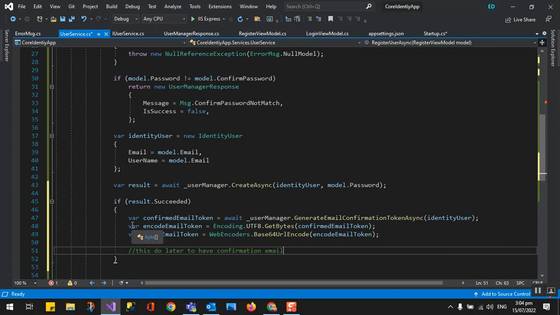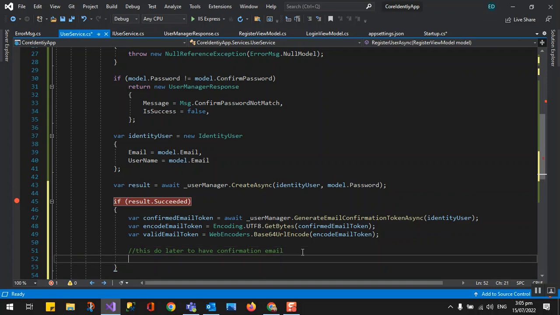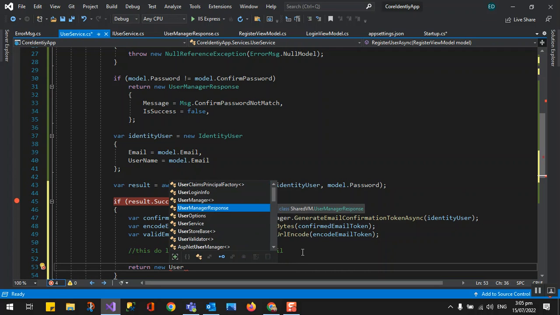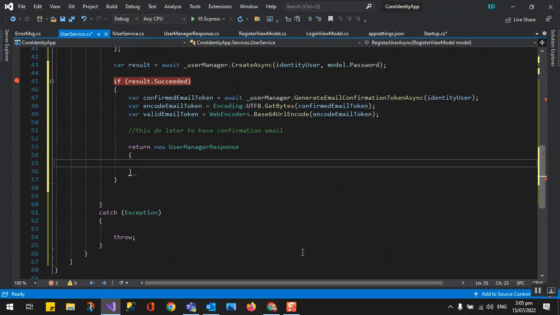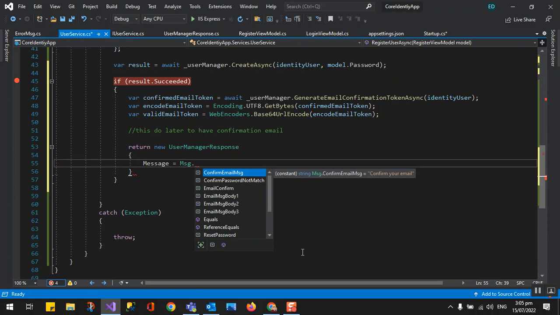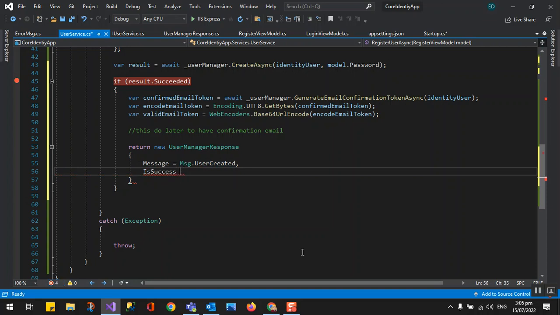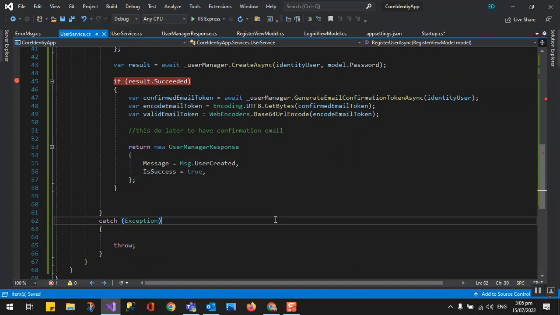Okay, so we just click it here, then it all goes good. So we need to return the user manager response with the message equals message, user created, and then that is success. That's it. So we have